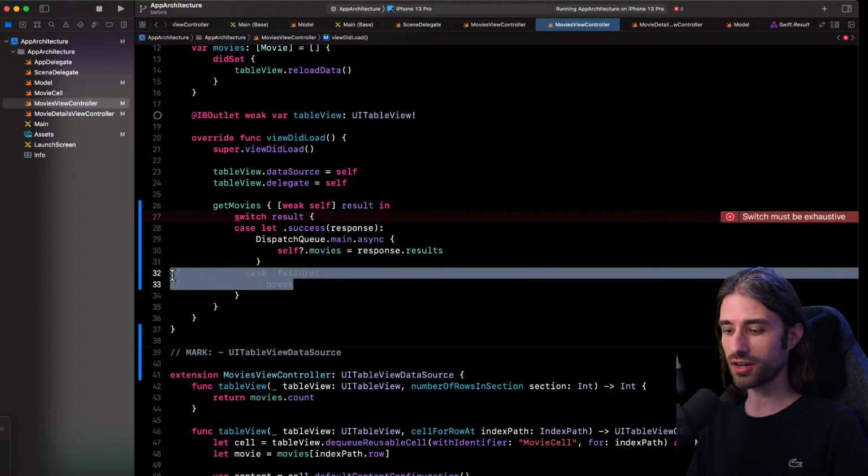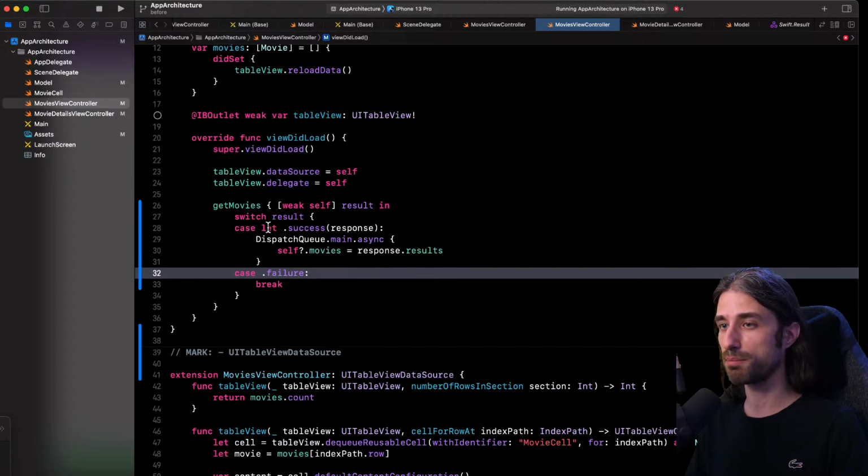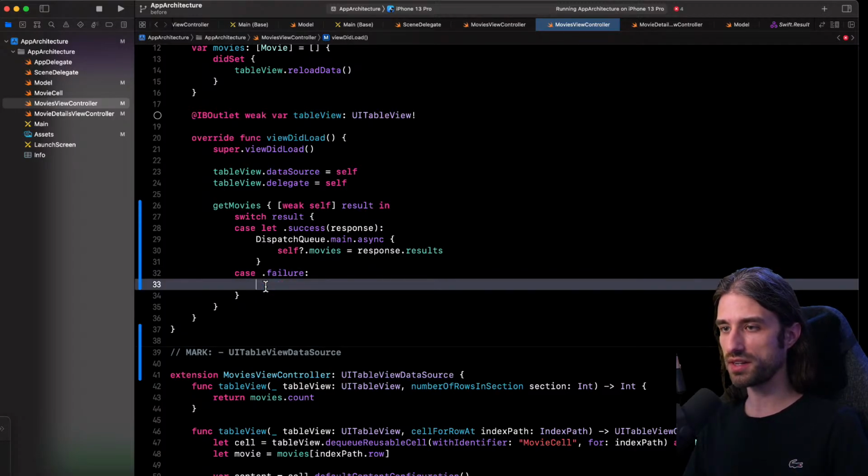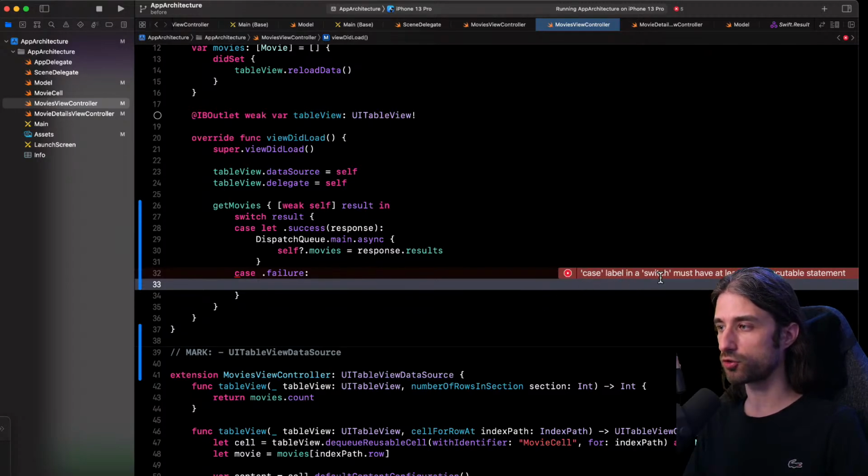And second remark is that when a possible case, you can also see the term pattern matching for the case, when a pattern was matched, you need to have at least one instruction inside that pattern. So if I remove the break and put nothing, you see, second compiler error, it says case label in a switch must have at least one executable statement.